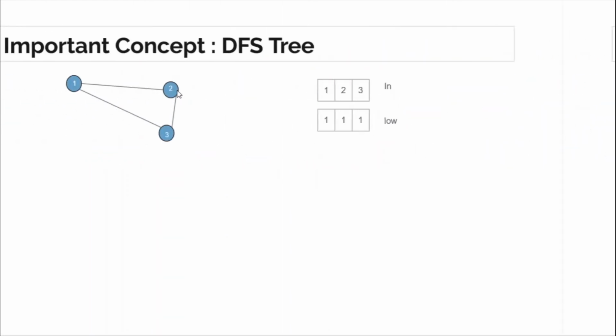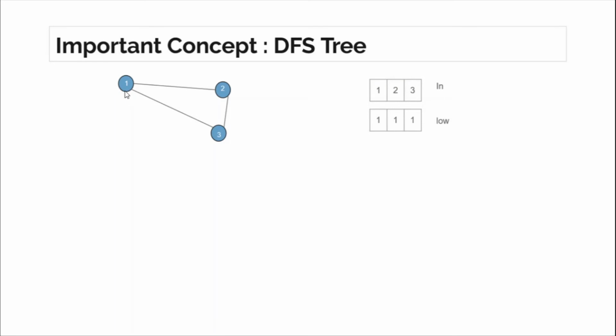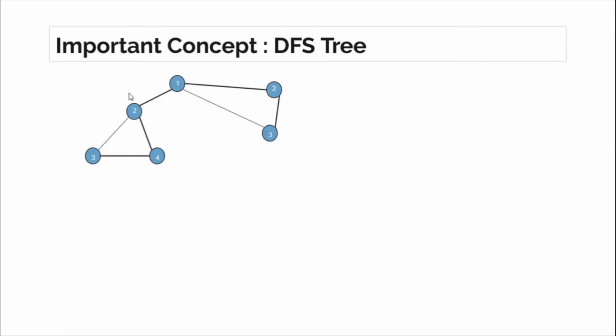If you see in this example, node 1 would have only one subtree in the DFS tree. From node 1 you would make a DFS call to this and this, so node 1 would have only one subtree in this case. That is why the root would not be the articulation point in that graph, but in this graph root would be the articulation point, because in the DFS tree it is having two different